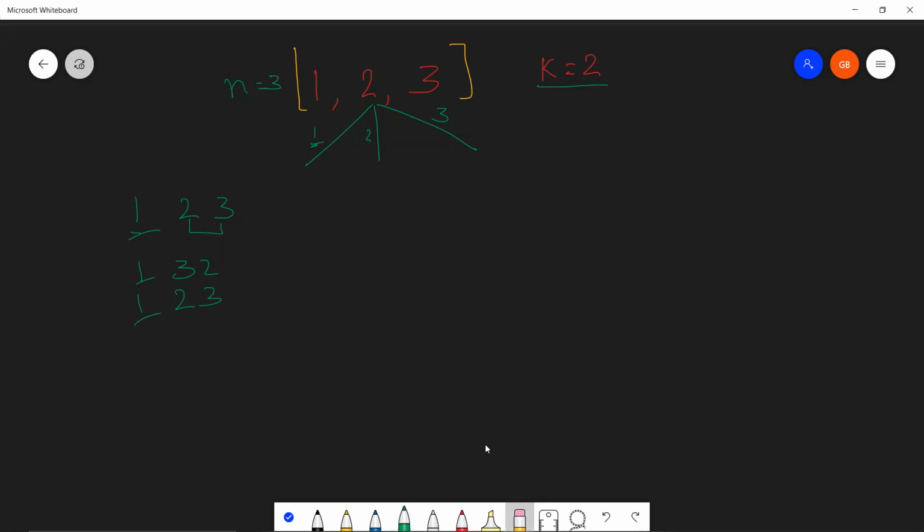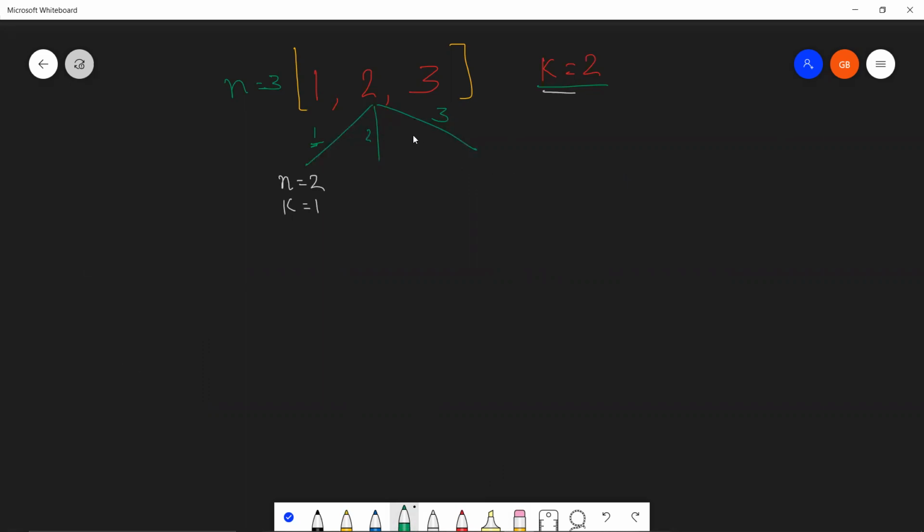So the problem now boils down to a condition where n is equal to 2, because the remaining number of sticks that we need to arrange is 2, and the one stick that we have arranged is going to be visible, right? So k will also decrease by 1. So now if I fix 1, the subproblem that we need to solve is where n is equal to 2 and k is equal to 1, right? Pretty easy stuff, right? But let's understand why it's actually not that easy over here.